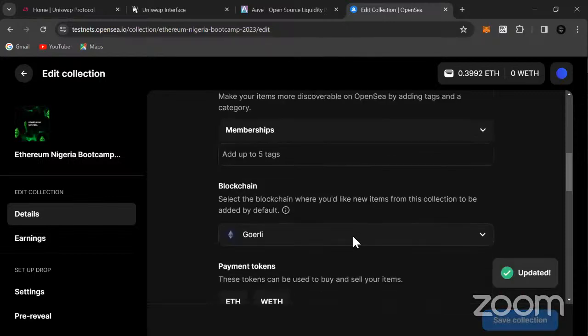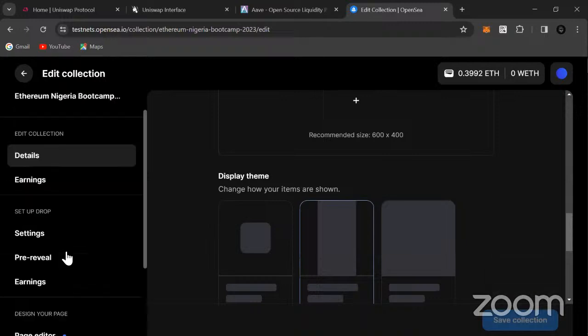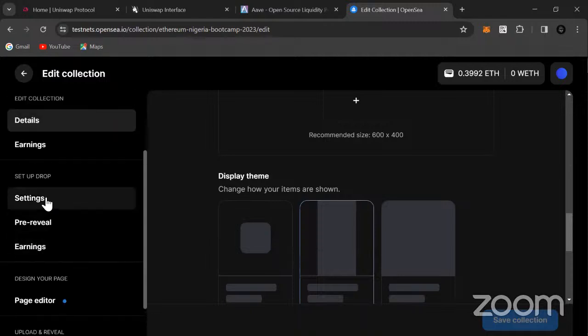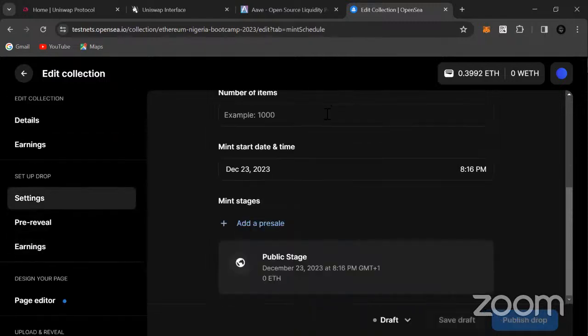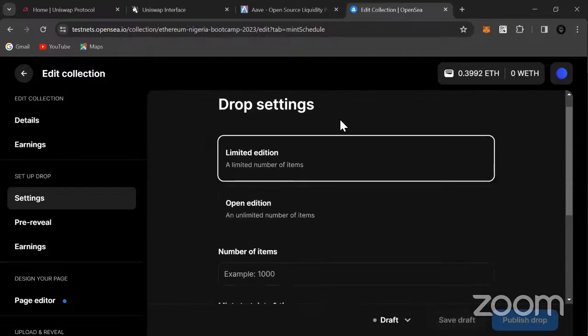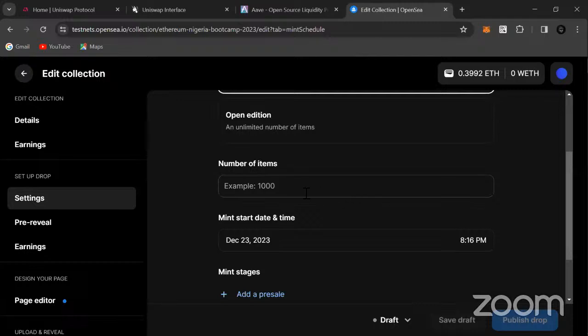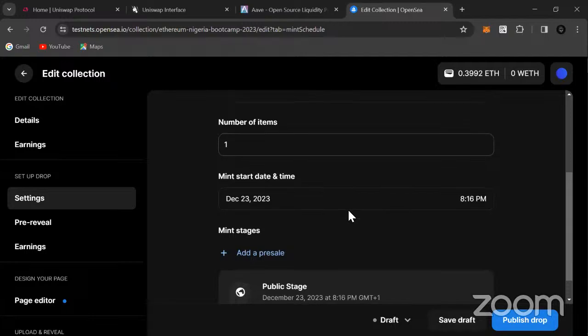All right, so after that, we have to set how we want to earn from it, right? We need to make some money from it. So let's set up the drop. It's public, I want it to be public, and each person can only mint one NFT.